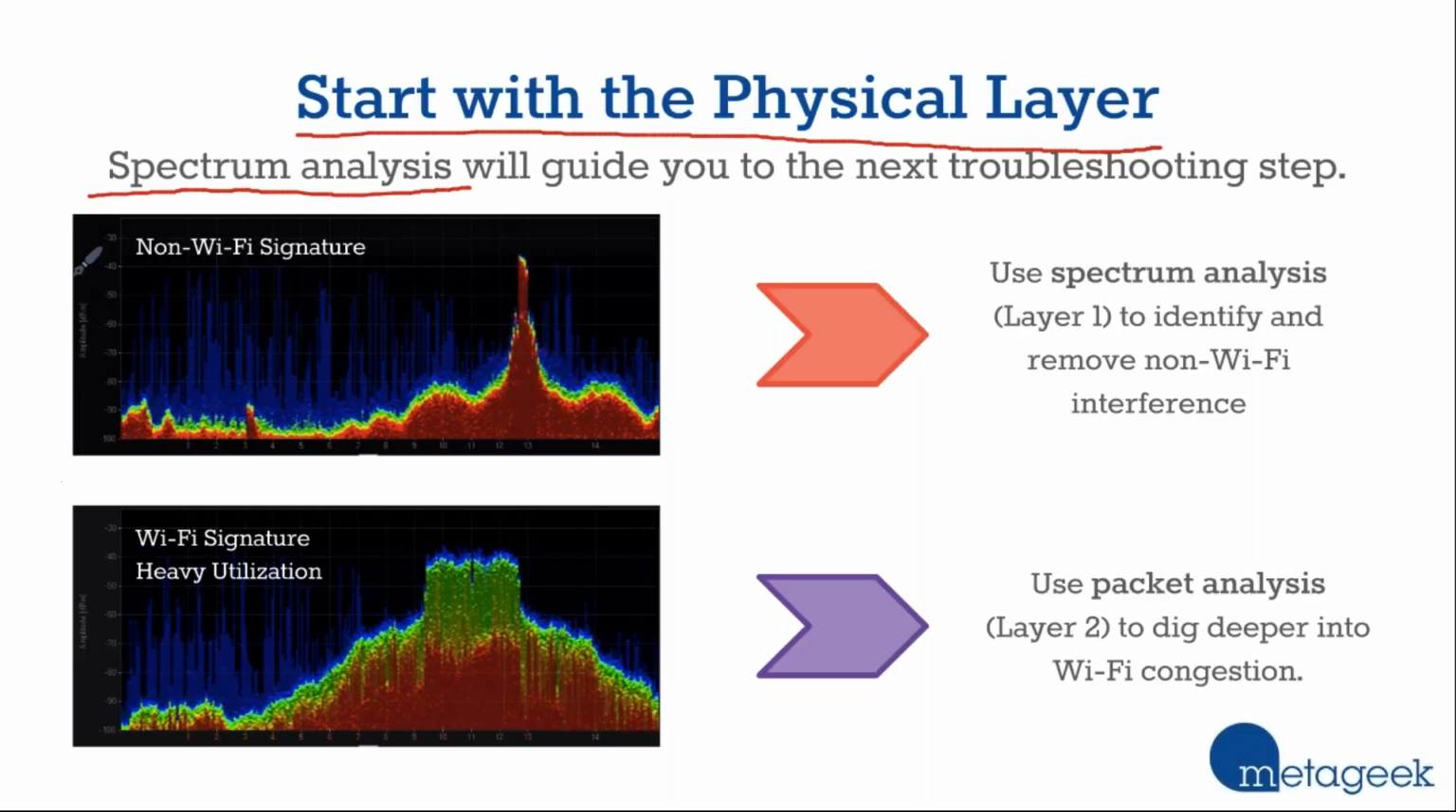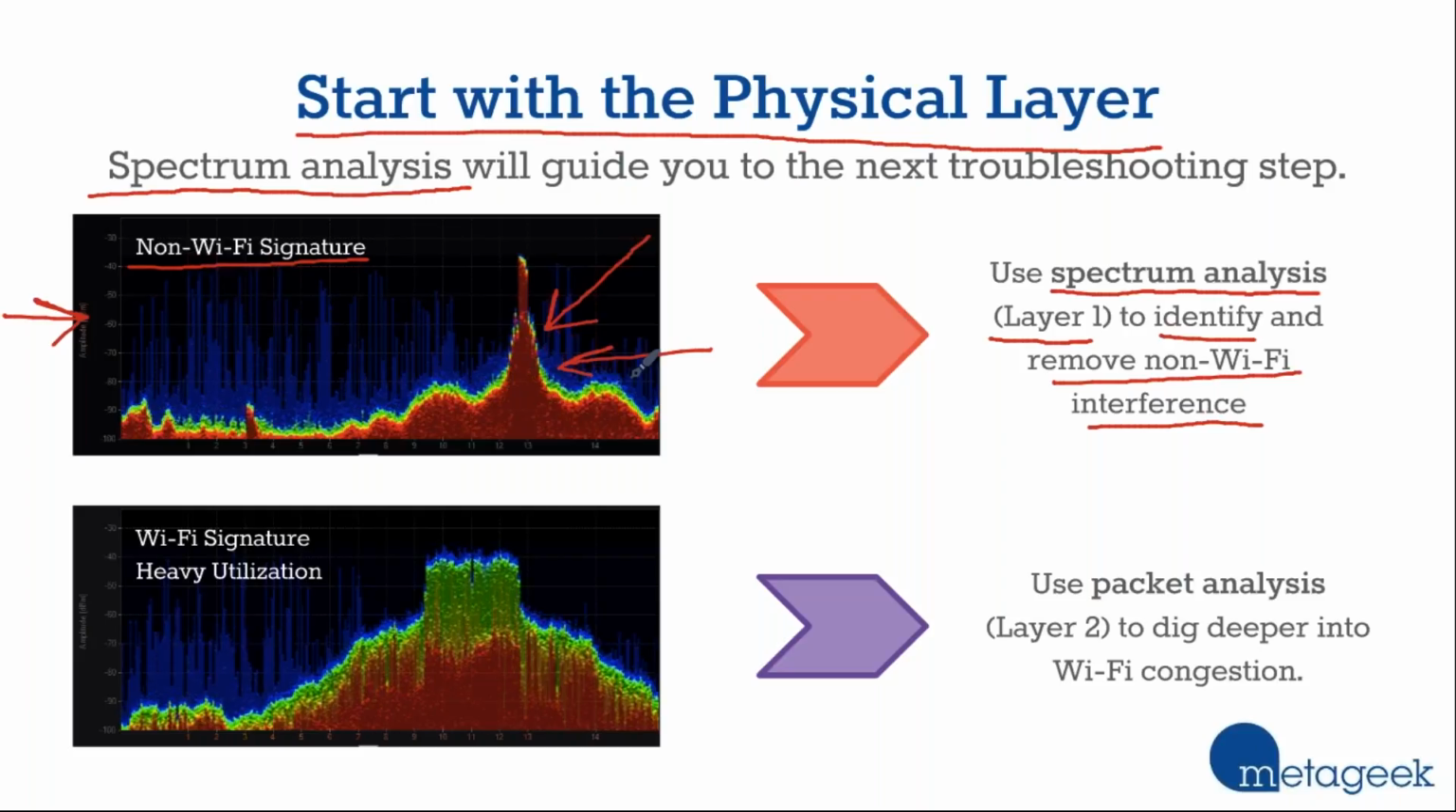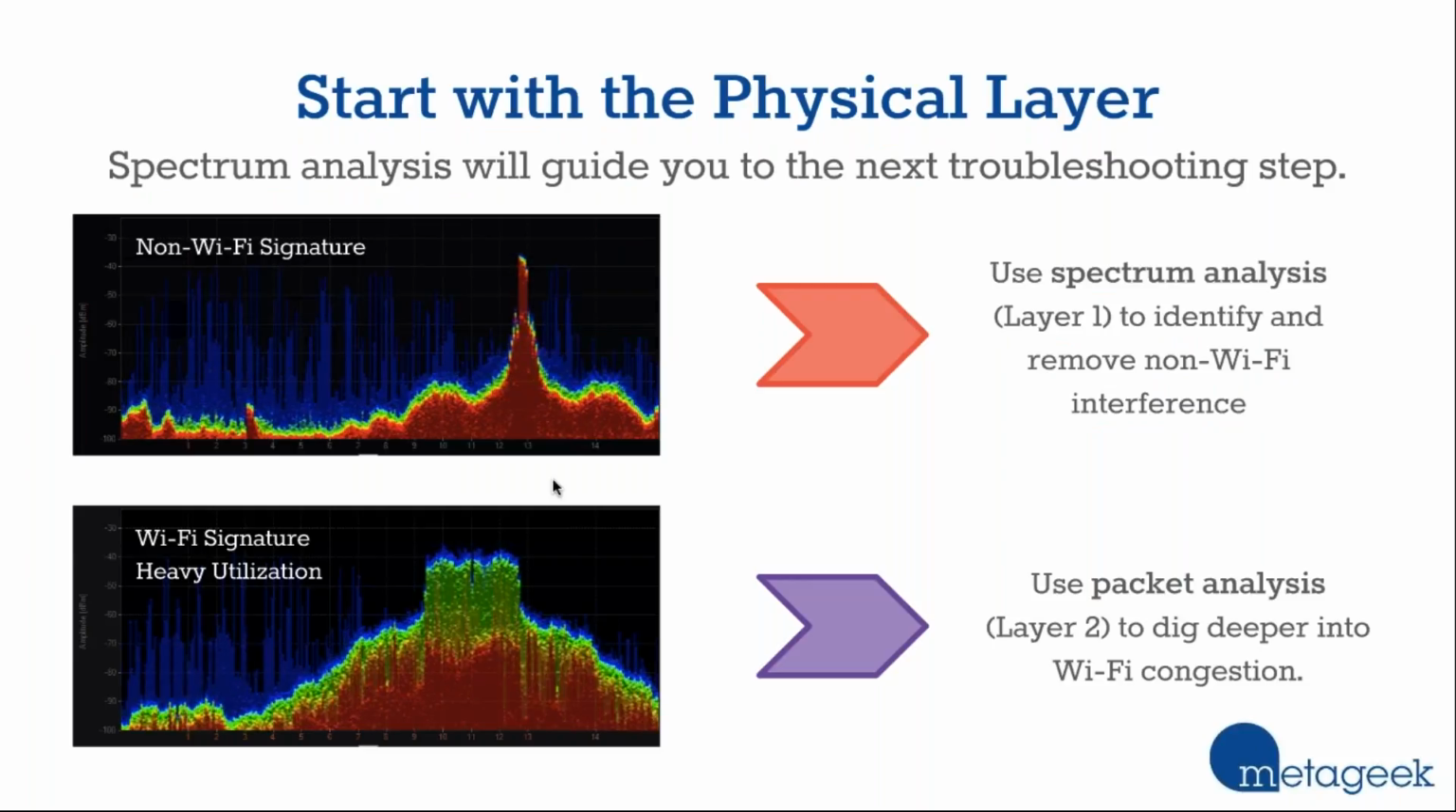So if I look at the spectrum, I'm going to see one of these two things. Maybe I'm going to see a non-Wi-Fi signature. Now, if I see a non-Wi-Fi device, no amount of packet analysis is going to help me out with this. That's non-Wi-Fi. A packet analyzer won't understand that. It's just going to be noise to the packet analyzer. It's not going to tell me anything about it. If I see a non-Wi-Fi signature, then I'm going to use spectrum analysis. That's looking at layer 1. That's the raw radio frequency activity. I'm going to use spectrum analysis to identify and remove any non-Wi-Fi interference. For example, I might identify this and go, hey, that looks a lot like a cordless phone, and then I might physically track that down and get rid of that,